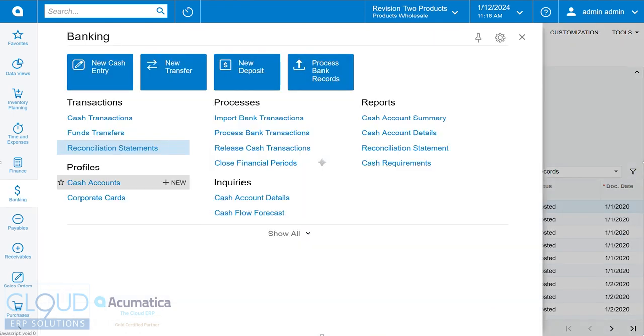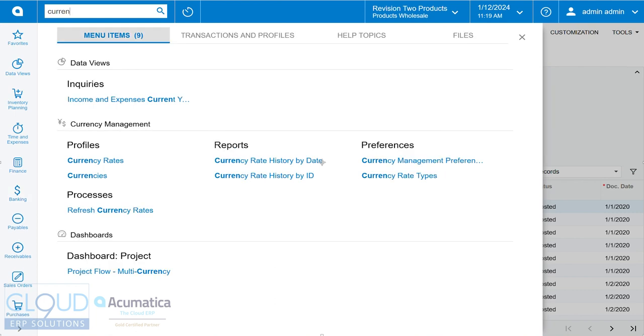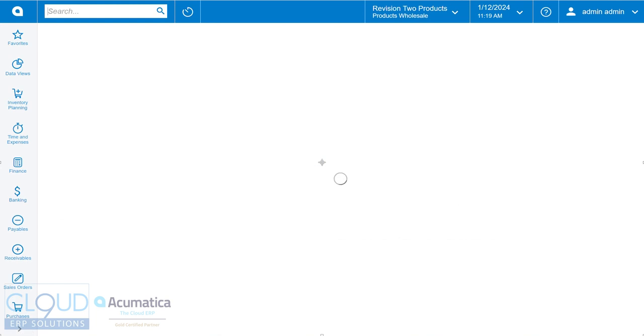Regarding currency management, if we go into currency, you can see you can define your different currency rates. You could refresh the currency rates. Acumatica will run reports for history about your rates based on the date. And you can add different rate types. If we go to refresh currencies,